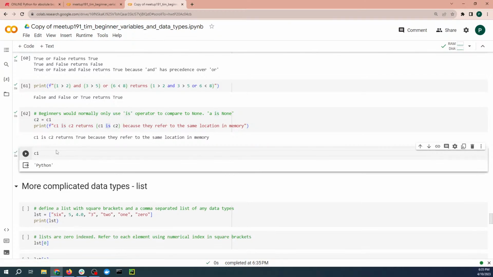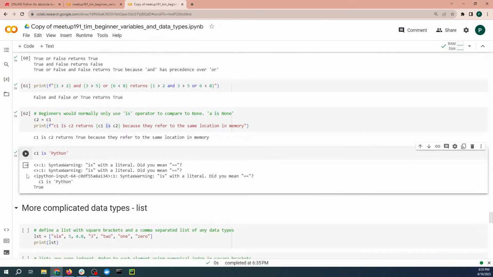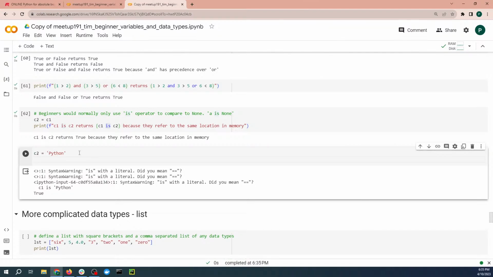C1 is Python, so if I said C1 is Python, we know we checked it before with equals and it came up true, but when I check it with is, and it's saying, yeah, did you mean, alright, so let's go C2 equals,